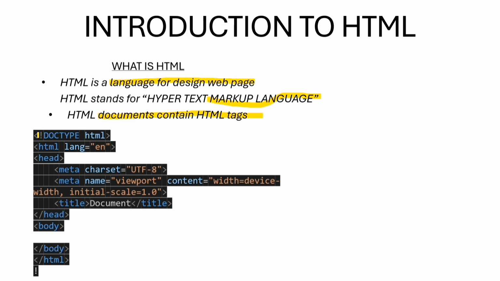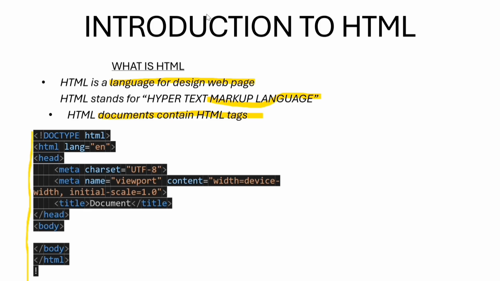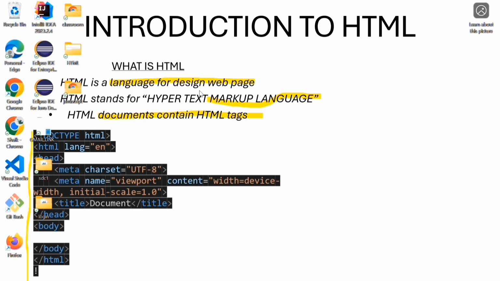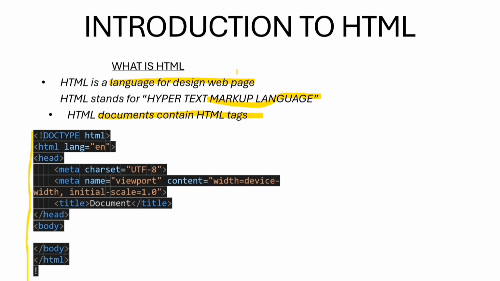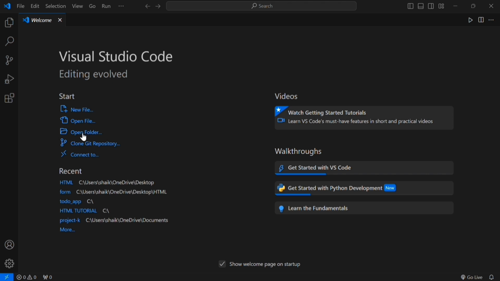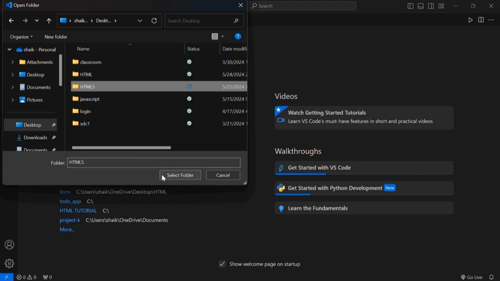So let's know the HTML boilerplate template. Here we display the boilerplate template of HTML. Let's have a look at this boilerplate code in our VS Code. In VS Code, let's open a new folder that was created on the desktop for our HTML code. Before we write our code, we go to our desktop and create a new folder. Here we open our new folder from our desktop, the HTML folder.